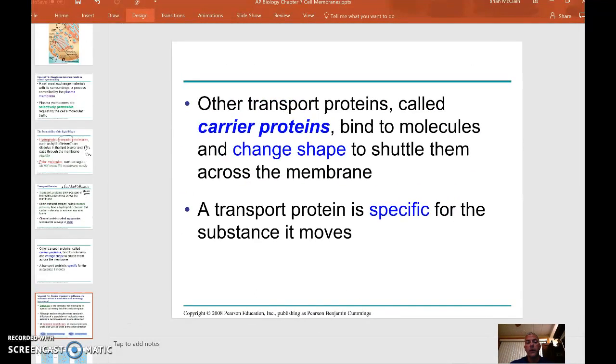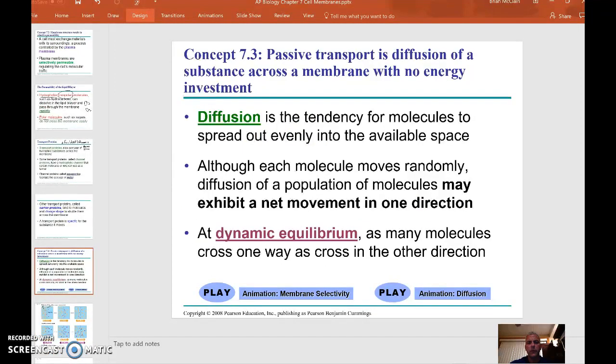And when we look at examples of things that follow that type of movement, or environments where we have a lot of aquaporins, we're talking about things like our kidneys and being able to reabsorb massive amounts of water. So I'll talk more about that as we move through here, but section 3 talks about what passive